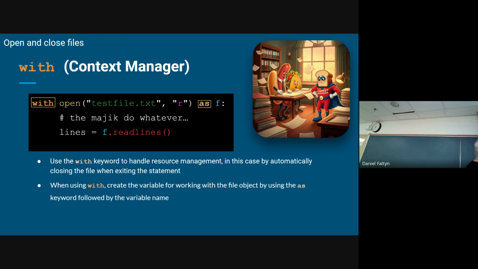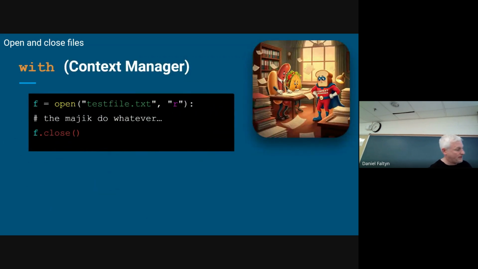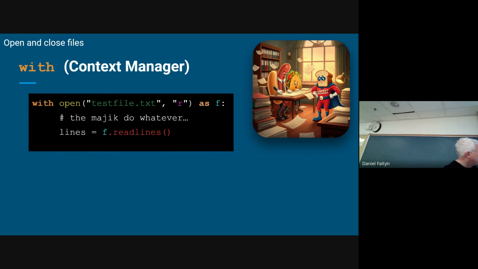The syntax here, and again, I'm really hoping at this point we've seen this pattern, you're going to start to get this Pythonic sort of method. It is a little weird. You have to think a little bit differently, but it's with open as F. And it sounds kind of insane, but what that does is it does the same thing as that. So there's F equals open. This says with open, so it gets that file. There's no real variable assigned to it. It does the assignment that way. Then you indent and you do whatever you want to do.